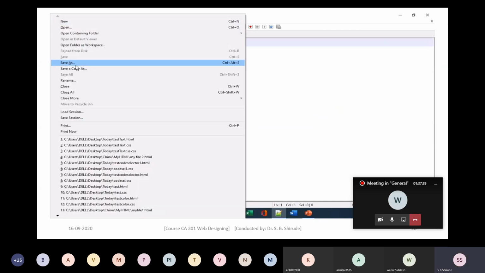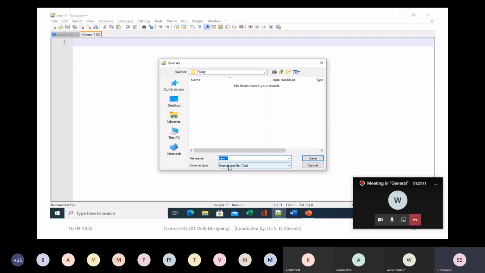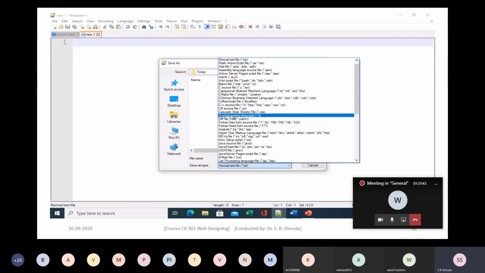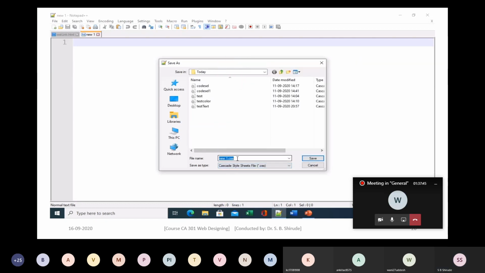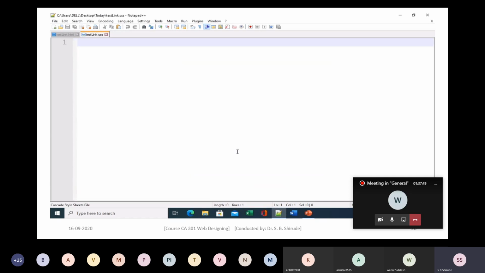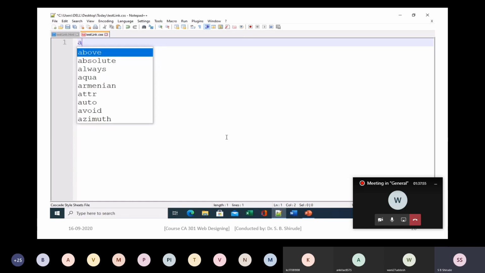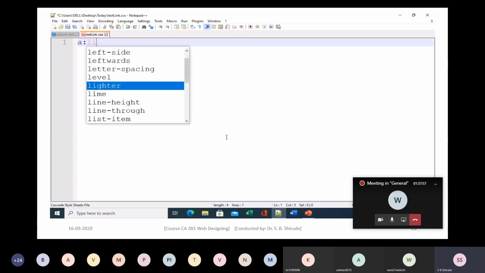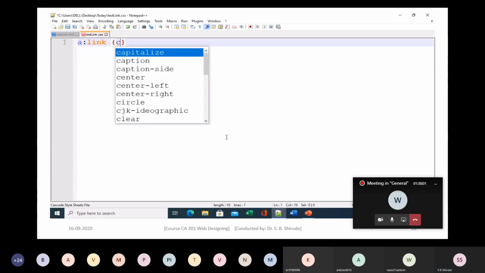And now open a new file for putting CSS, in which we are going to make use of pseudo classes. Give the name test link.css. I am purposely giving the same name so that in the sample code you can find them properly. So a:link. This is for the general links, which are neither visited nor active.